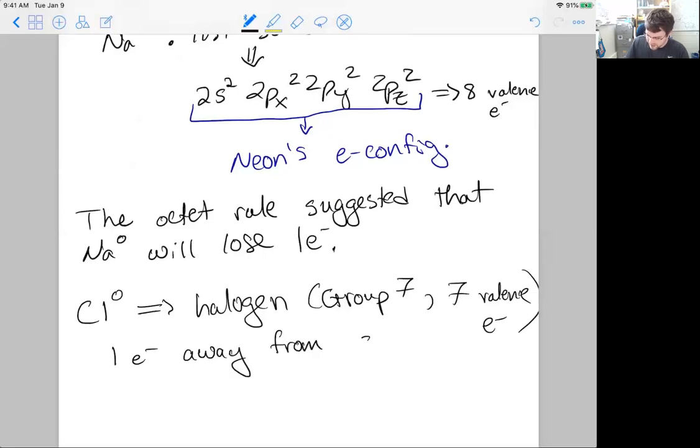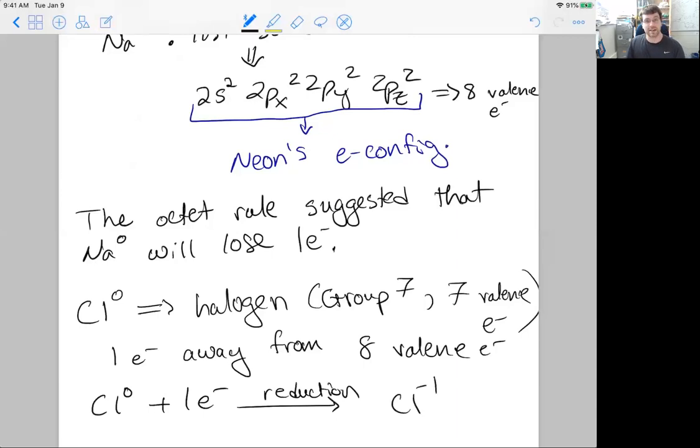from 8 valence electrons, or an electron configuration that matches that of, in this case, we're in row 3, so we're at argon now, but it's still a noble element. So we're 1 electron away. So chlorine, unlike sodium, which was more likely to give up an electron, is more likely to pick up an electron. It wants to pick up an electron through a reduction process to give it an anion. Yes, it has a negative charge, but that's not what it cares about. It doesn't care about the negative charge so much as it does getting an electron configuration that matches the less